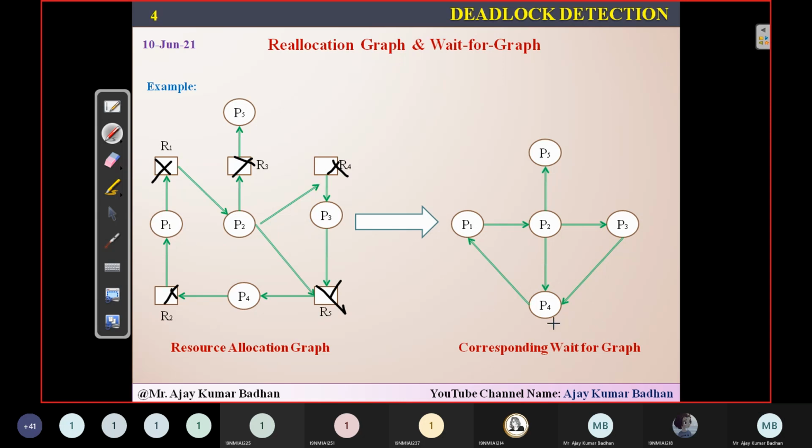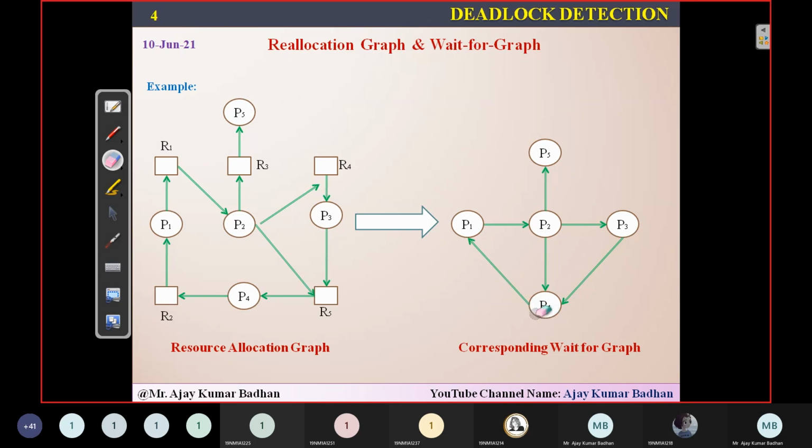Meaning if there is a deadlock present in the system, we can try to detect where exactly the deadlock situation has taken place. That is the best part of this wait-for graph. Okay, I hope you have understood. The only thing is, the graph should consist of single instances, and that will be converted into this, where we will not be representing any resources. All the processes will be present and their arrows will be present. Based upon the arrows, we come to know which process is waiting for which resource.